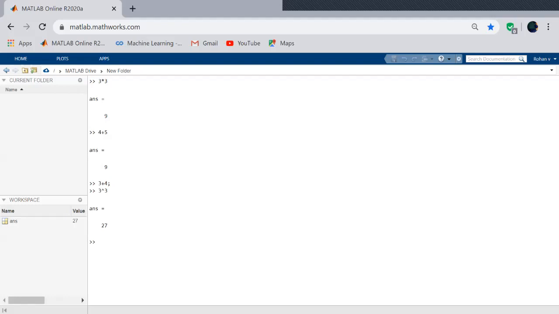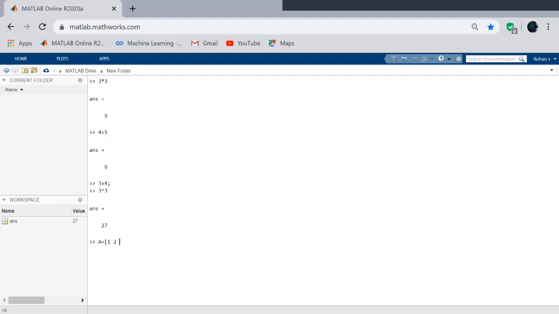Usually a matrix is denoted using a capital letter. So we'll take some capital letter and then you need to use a square bracket to indicate that you are creating a matrix. We will enter the values of the matrix. So suppose you are creating an m cross n matrix.